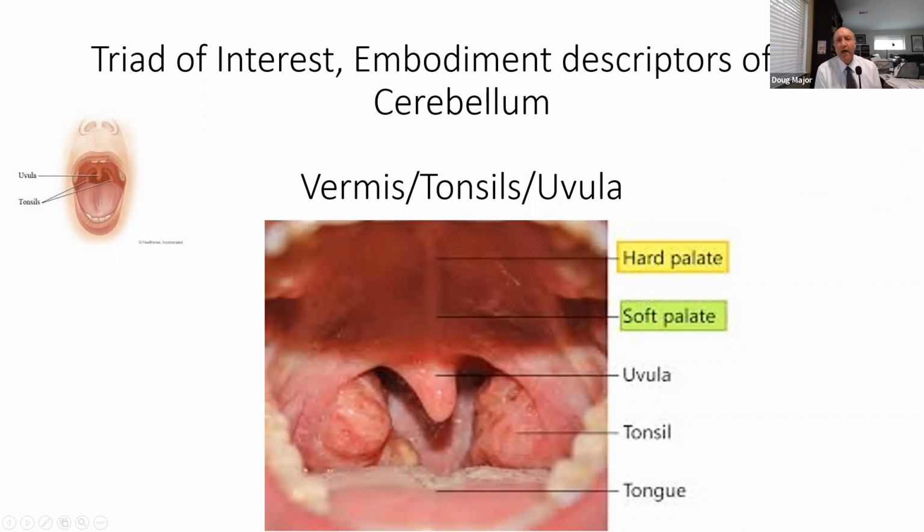And the last triad of interest, I'm going to suggest, is sort of an embodiment of the descriptors of the cerebellum. And the early anatomists, when they looked at the bottom of the cerebellum, I think they had this in mind. So let's think about this for a second. The vermis, I'm going to think of,